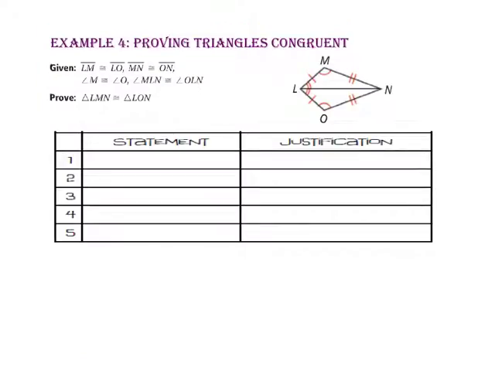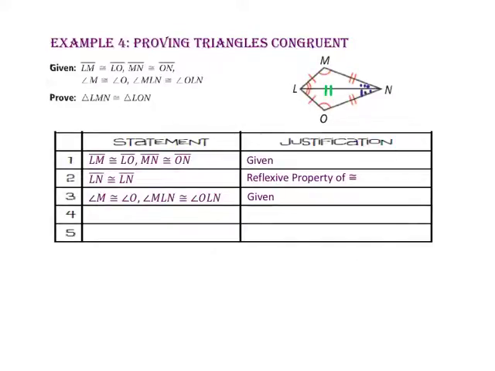In example 4, we will prove triangles congruent. Let's start with the given information that side LM is congruent to side LO and side MN is congruent to side ON. Next, let's use the reflexive property to state that side LN is congruent to itself. Now, we know that angle MLN is congruent to angle OLN, and angle M is congruent to angle O because it was given. By the third angles theorem, we know that angle MNL and angle